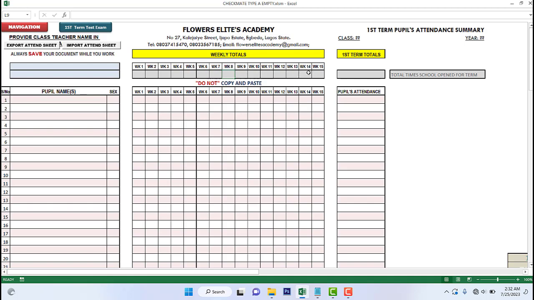What the report template requires is the total sum of the attendance numbers, not the weekly. It doesn't really require the weekly attendance. It needs just the final sum. So here is where you can enter all that,